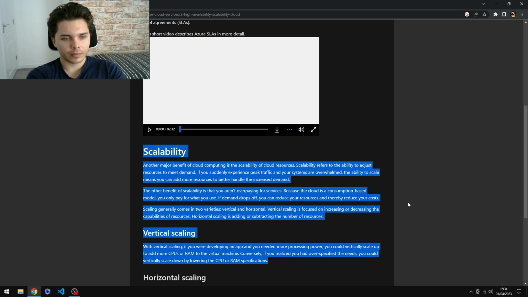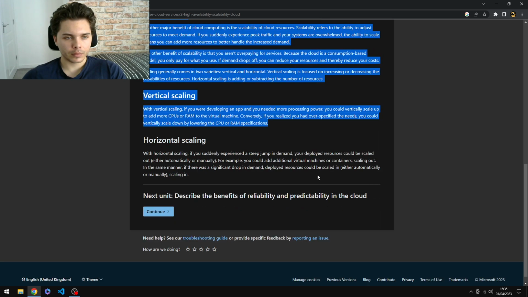Scaling generally comes in two varieties, vertical and horizontal. Vertical scaling is focused on increasing or decreasing the capabilities of resources. Horizontal scaling is adding or subtracting the number of resources. Vertical scaling. With vertical scaling, if you were developing an app and you needed more processing power, you could vertically scale up to add more CPUs or RAM to the virtual machine. Conversely, if you realized you had overspecified the needs, you could vertically scale down by lowering the CPU or RAM